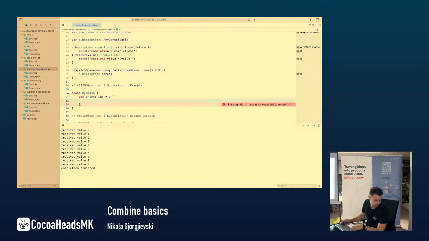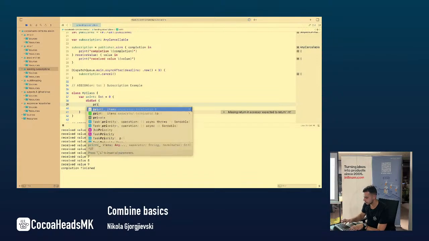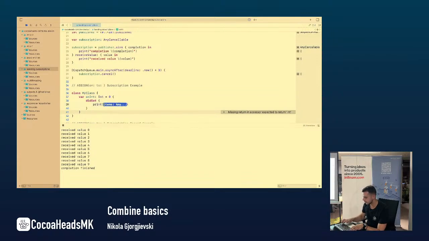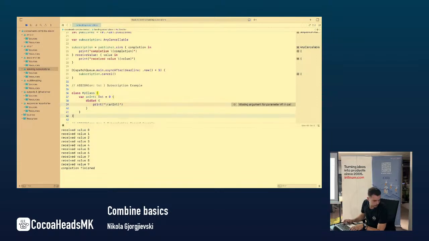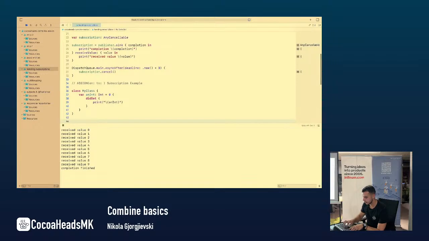And I would have a didSet here. And every time we set it, we're gonna print the value. Okay, I'm gonna just print the value here itself. So we have this class. I'm gonna build an object from this class. So we have our object, my class,